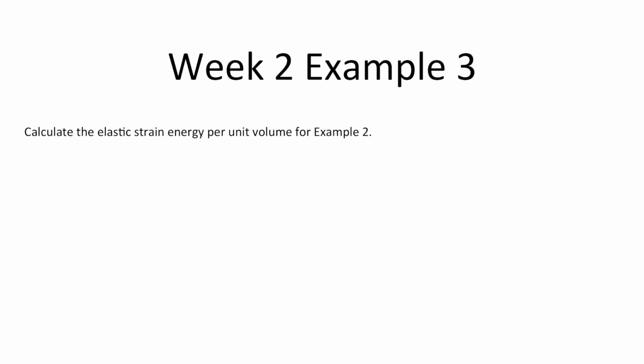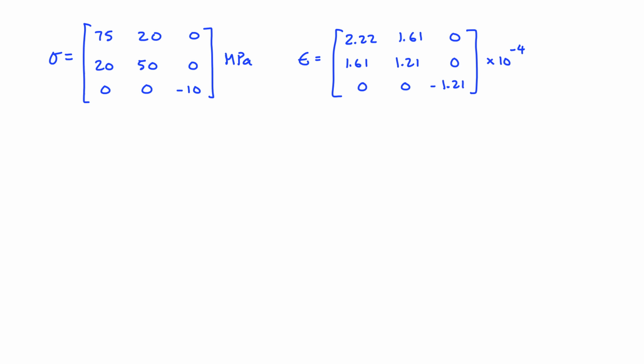Calculate the elastic strain energy per unit volume for example 2, the previous example. To calculate the elastic strain energy per unit volume, we need to multiply the stress in each direction times the corresponding strain in the same direction. And so I've written down the stress matrix that we were given in the last problem, as well as the